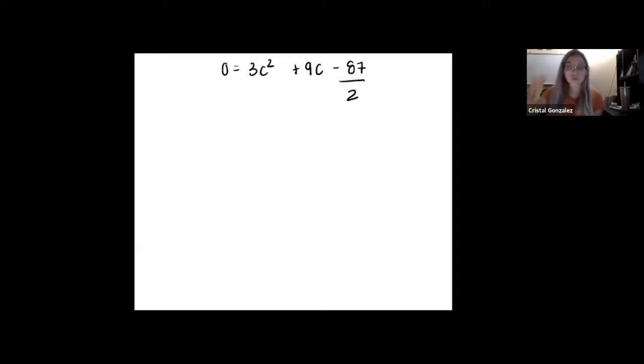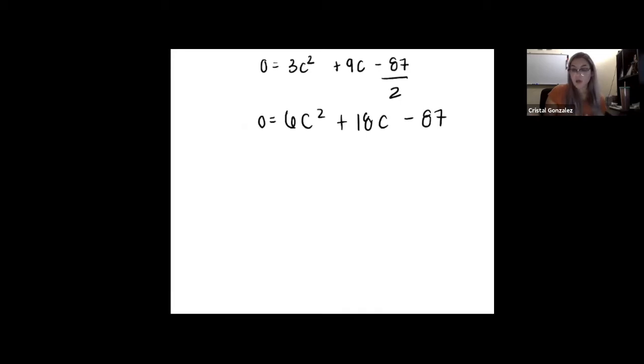So you can apply the quadratic formula from here, or you can first multiply by 2 to get rid of that fraction. And actually, we could have done it earlier. I don't know why I didn't do it earlier. If I multiply everything by 2 to get rid of this, it's going to be 6c squared plus 18c minus 87. Okay, and now we can just plug that into the quadratic formula. But I went ahead and did it because I didn't want to spend lecture time doing it. So when you apply the quadratic formula and simplify it all the way down, you will get